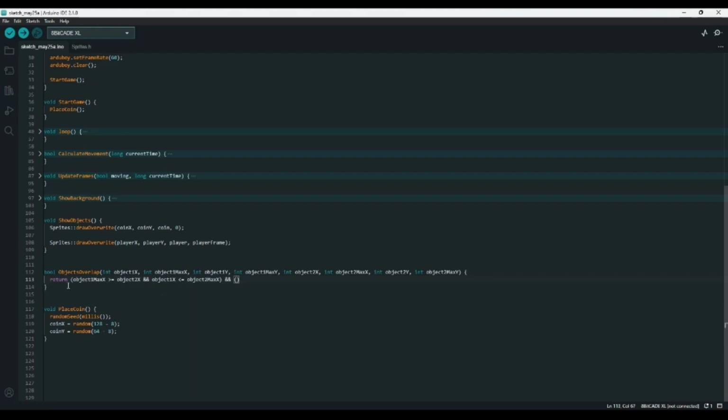And we'll check the same thing for the y. I'll just go ahead and copy this and paste it, swap out all of the x's for y's. So if the objects are overlapping on the x and y, then we'll return true, and otherwise this will return false. Now that we have this, let's create a void called check collisions,